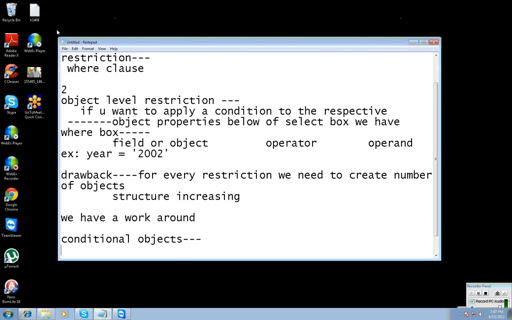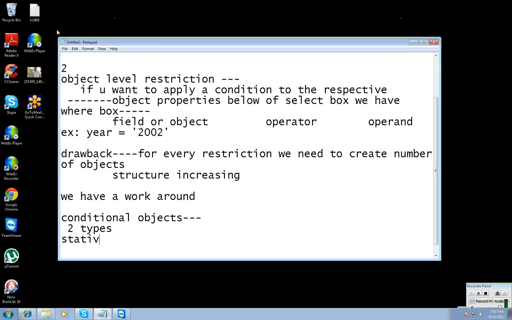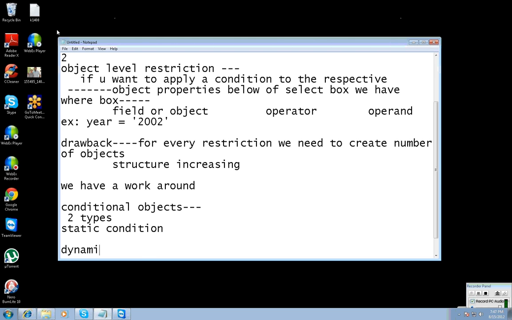Conditional objects are of two types. One is static condition, another is dynamic condition. Static condition means a fixed operand value. Nobody can change it at report level.